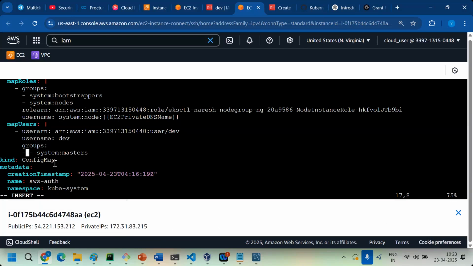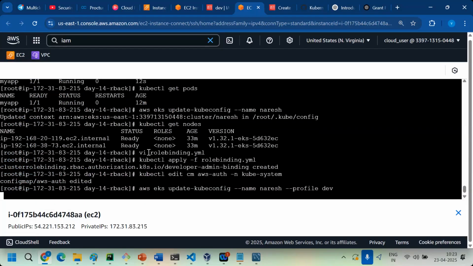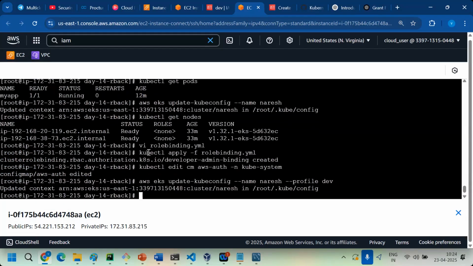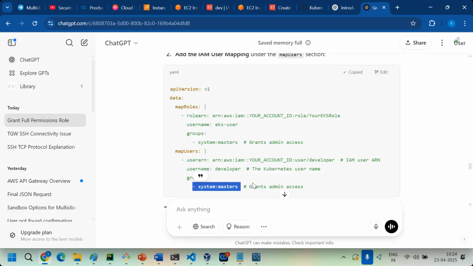I'll see. Edited, right? Let's try whether my user will get full permissions or not. Profile dev, right? Clear. So role means specific control. With cluster role, we can give full administrative access. So let's add